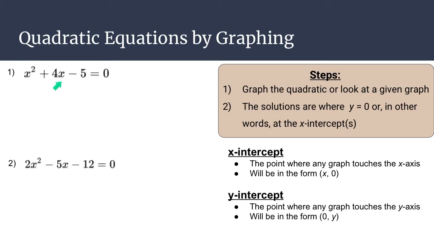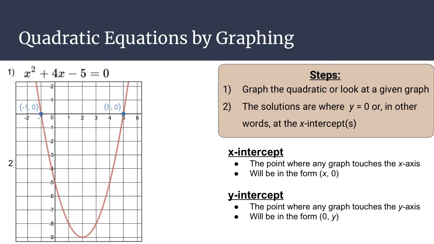You've got x squared plus 4x minus 5 equals 0. And you note that this equation is set equal to 0, so when we graph this, we have y equals x squared plus 4x minus 5, which gives us this parabola. And here are our x-intercepts, which are nicely labeled for us, of (-1, 0) and (5, 0). Of course, there's a y-intercept down here, but that doesn't matter. We're looking for where the y is equal to 0. So our solutions are going to be x equals -1 and x equals 5 for this problem,